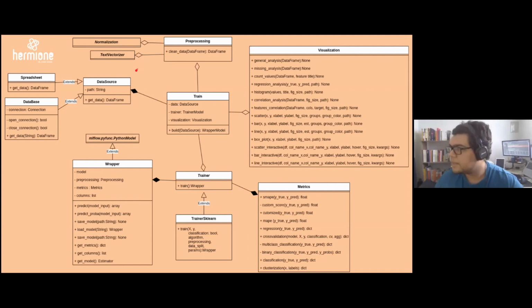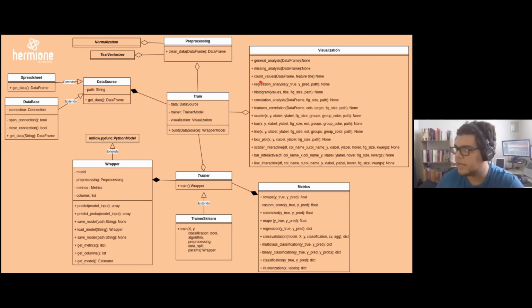Then we have this other class here, that's visualization. Also, it's a tools class. It has some methods that are already usable.